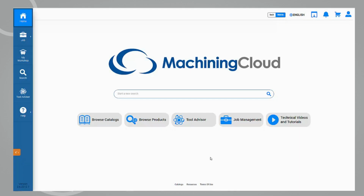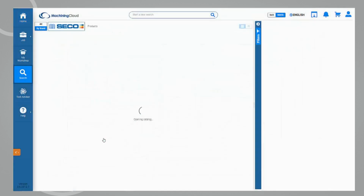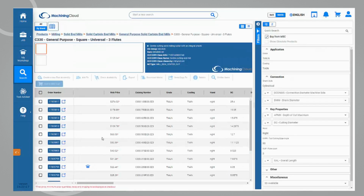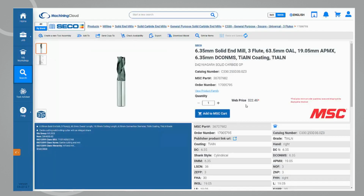Navigate from the MachiningCloud homepage to locate and choose the specific tools and products essential for your machining operations. Ensure to check the Buy from MSC option to filter and display only those items available for purchase on the MSC Industrial Supply website. Please note that the prices visible on MachiningCloud do not reflect any discounts applicable to MSC